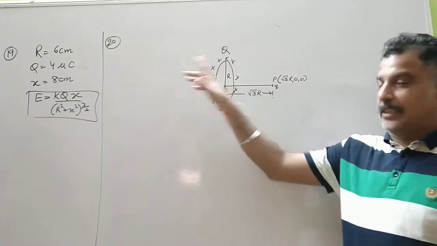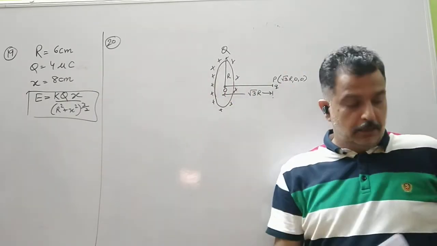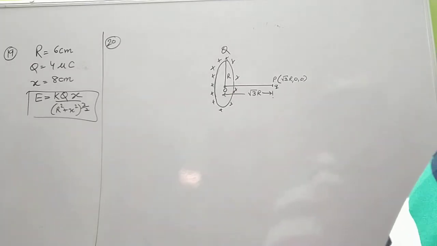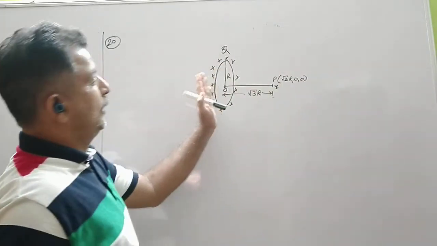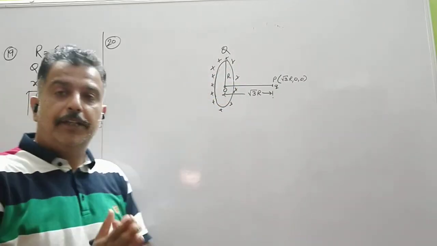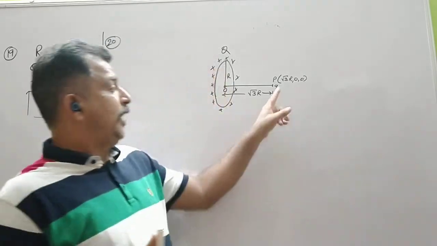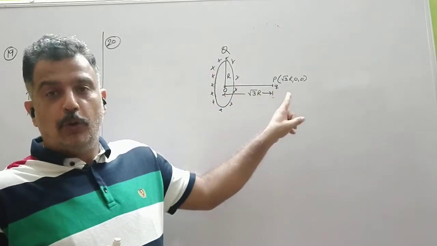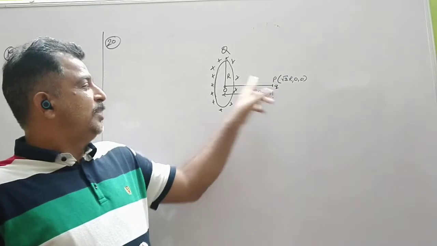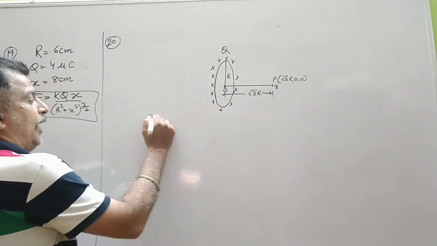If it crosses the center, then it will not come back. So the question is, what should be the minimum speed with which it should be projected so that it is not returned back or it crosses the center? So clearly, the energy which is to be supplied to the particle should be more than the energy of this particle at the origin. That is, I can write,